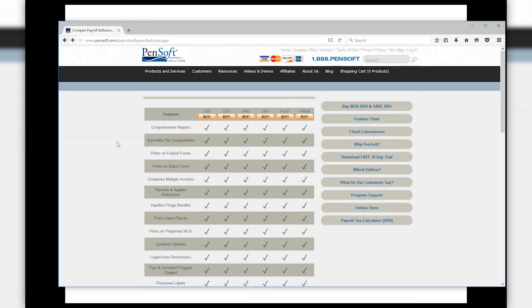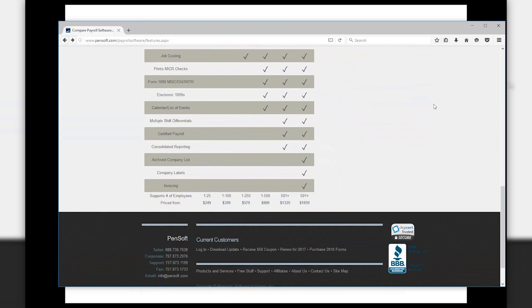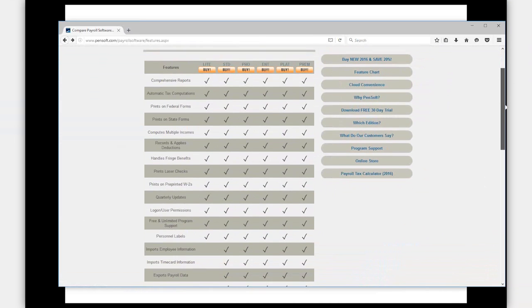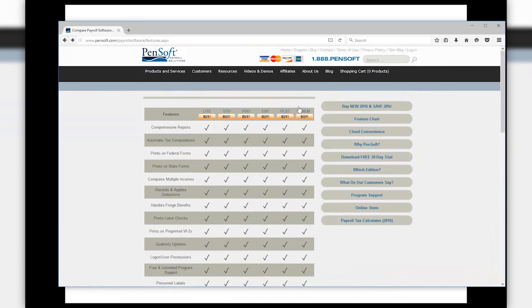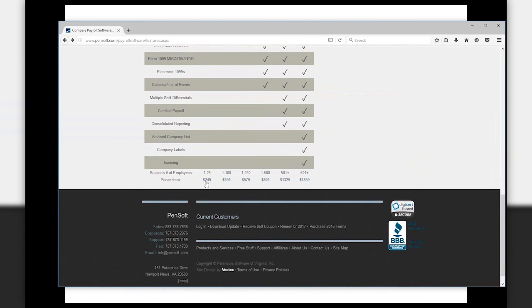So right now I want to touch on the pricing levels for our different editions. And on our website here, this is pensoft.com. This is a feature chart. So I mentioned some of the features that it gives you, all of the differences between the 6 editions. And so at the bottom, I'll just kind of show you, this is the starting price for the light edition,